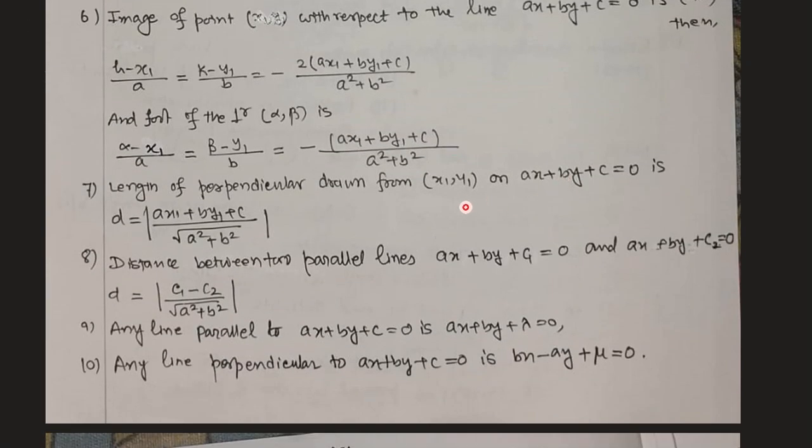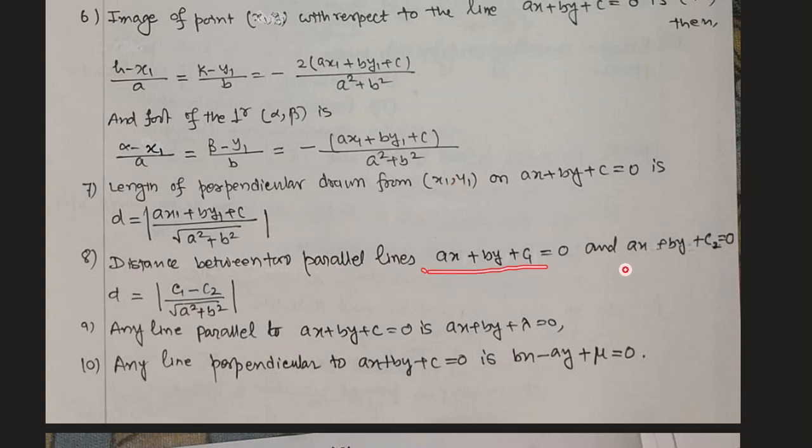Now coming to formula number 17. Here we are going to calculate the distance of a point. Suppose this is a line which is given, and this is the point (x1, y1) which is also given. Now this length you are going to calculate, this is called the small d. So it will be (ax1 plus by1 plus c) divided by root over a square plus b square. Distance of the point